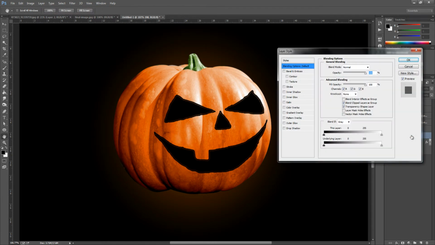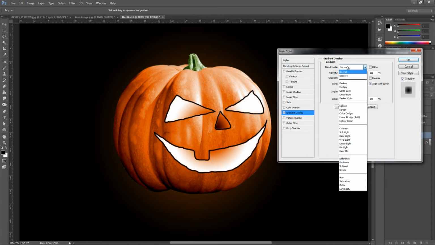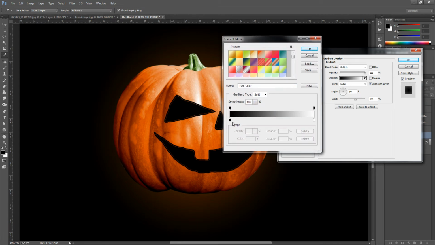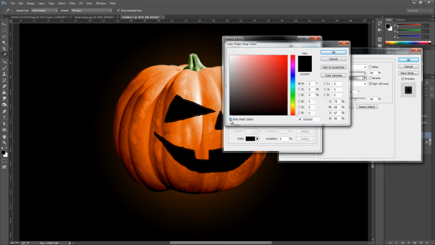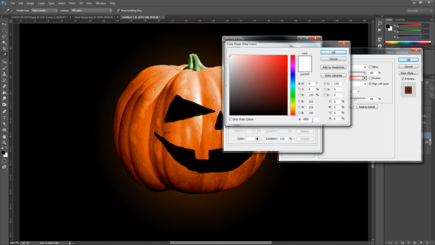and we're just going to go and double click that fill layer to bring up the layer style. We're going to go and add a gradient overlay, so click gradient overlay, make sure the layer style is radial. We're going to go and change the blending mode to multiply. Going to go and change the colour, so click the gradient, and the colour for the black bit here, we're going to go and change the code, and the code for this is going to be FE4101, a bright orange, click OK, and going to go and change the white.